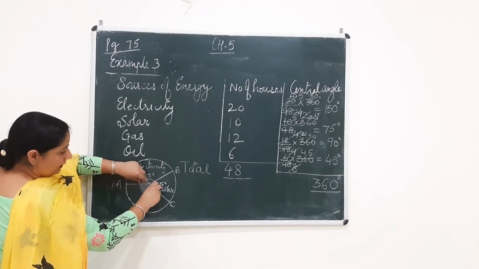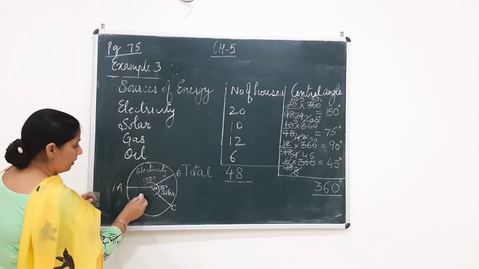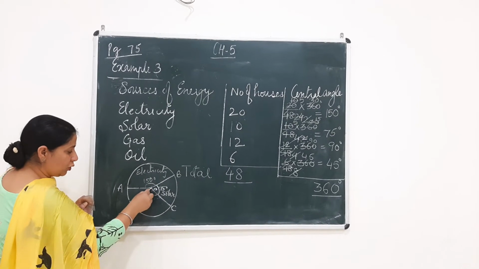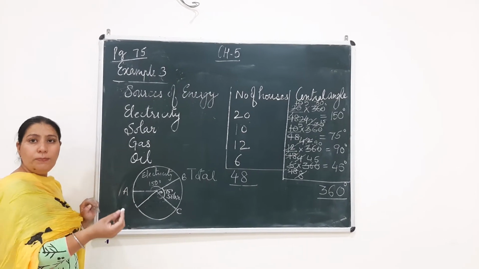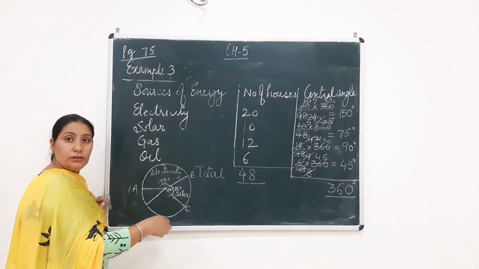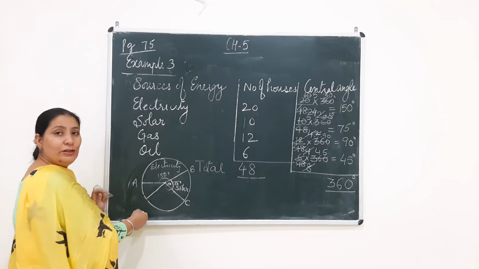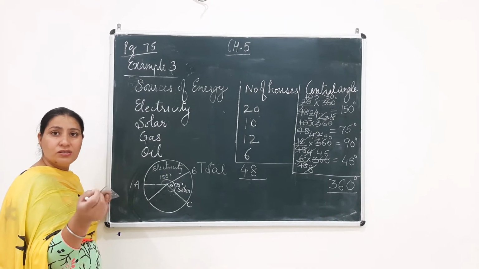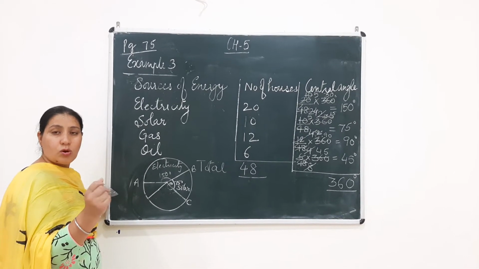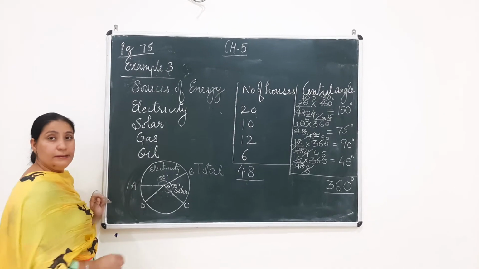Now when I make a 90 angle and I pick up my protector, this is my angle of 90. I will join it like this and extend it to meet my circle. You may not need to extend it in your notebook, because your circle and the protector are almost the same size, or maybe you will be able to do it. So now here, this point will be D.